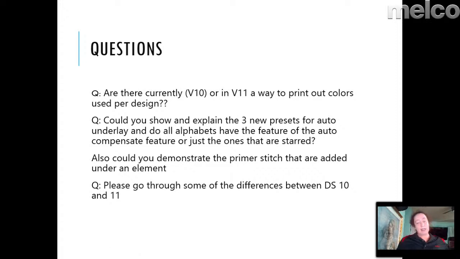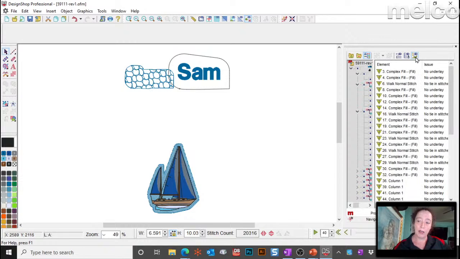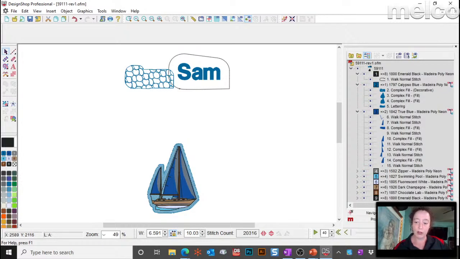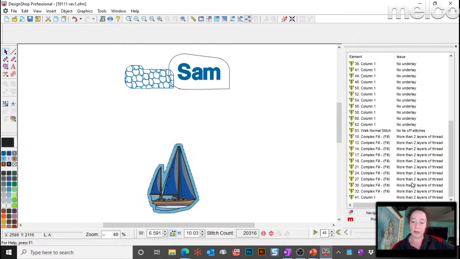Go through differences between DS 10 and 11. There's a lot of things that have been done differently. I know they covered the design checker, so that feature I'm really loving. Over here you can make it show up here. That's one way, or down here you can click on the checker under your project view. It changes it over to design checker view, and you can see all the things that are currently wrong with